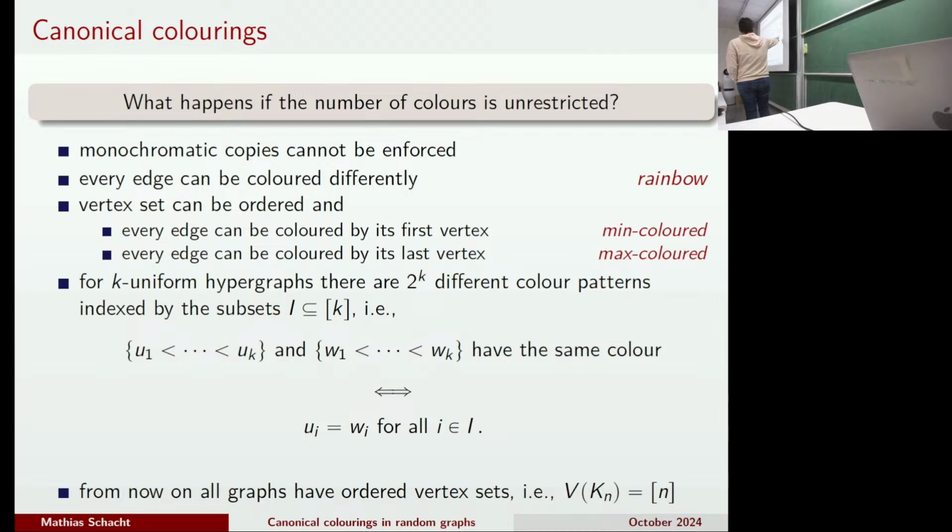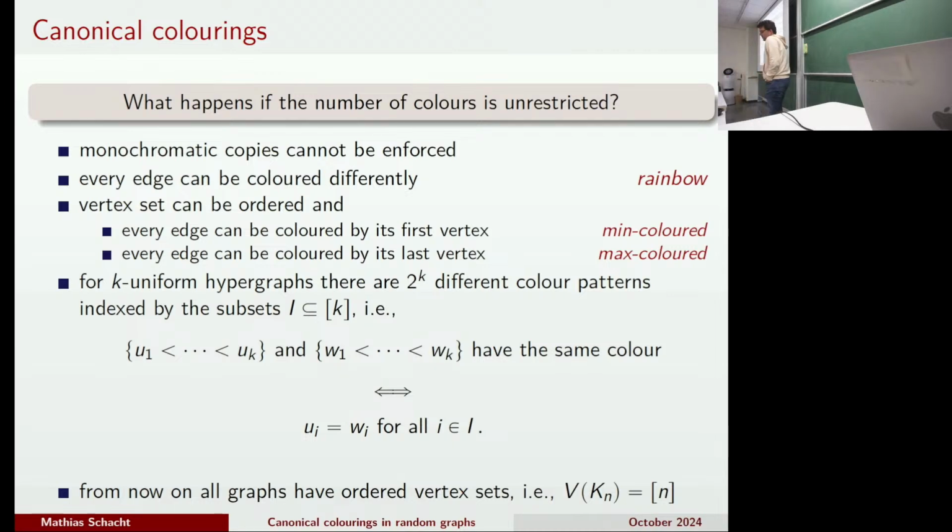And as you see here, this only makes sense if the vertex set of the underlying hypergraph is ordered itself. And so from now on, if I don't say it, I will always assume that the vertices are numbered 1 to n or whatever. Right, and so Erdős and Rado, and that's why I put them on the first page, they showed that